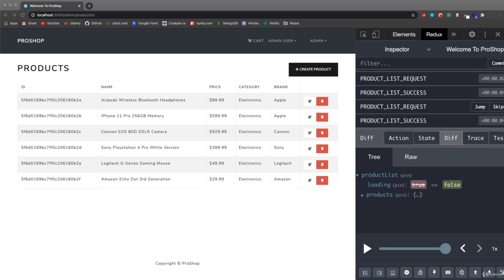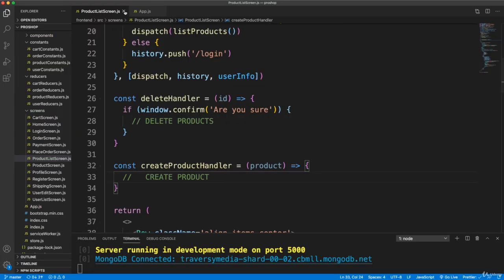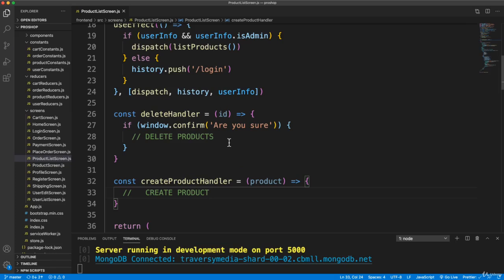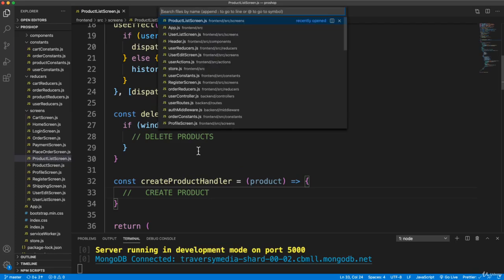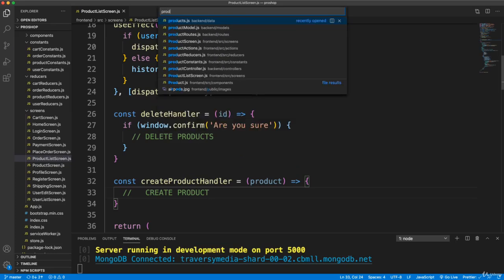Now we're going to add the product delete functionality, and I want to try to do both the back end and the front end parts in this video. So let's close up app.js. We'll leave product list open because this is where we're going to implement this. But let's go to our product controller,